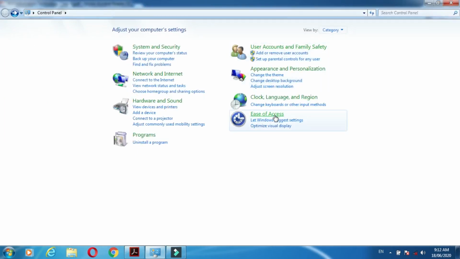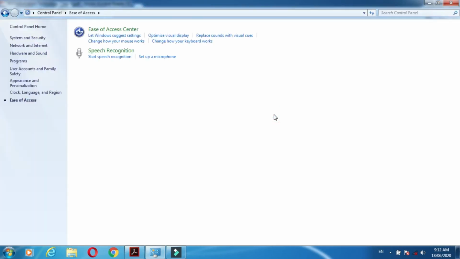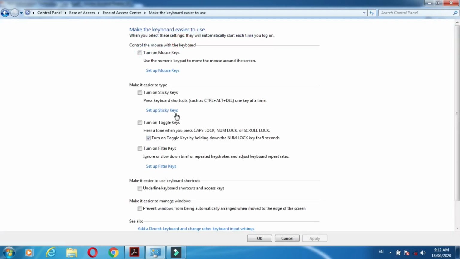Click on ease of access. Then click on change how your keyboard works. And here you will find toggle keys. See, the mouse is moving here. In this way you can click here and turn on the toggle keys.